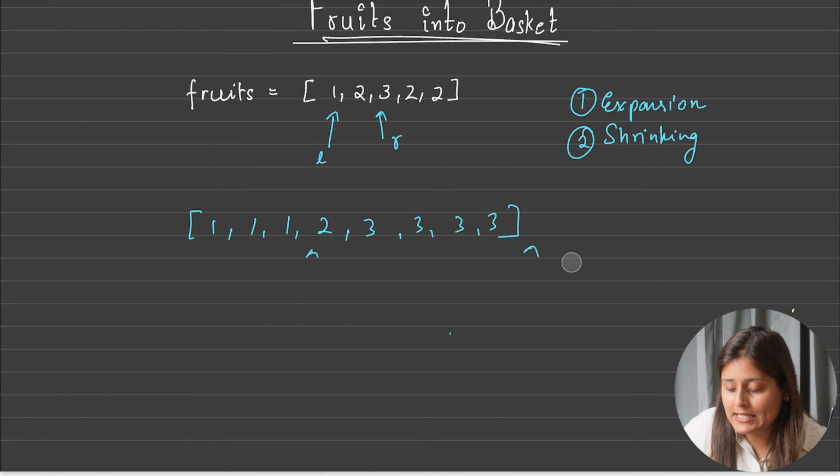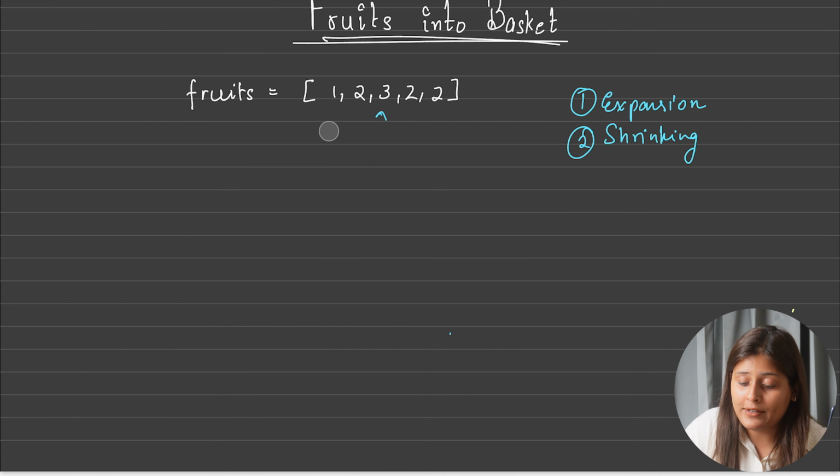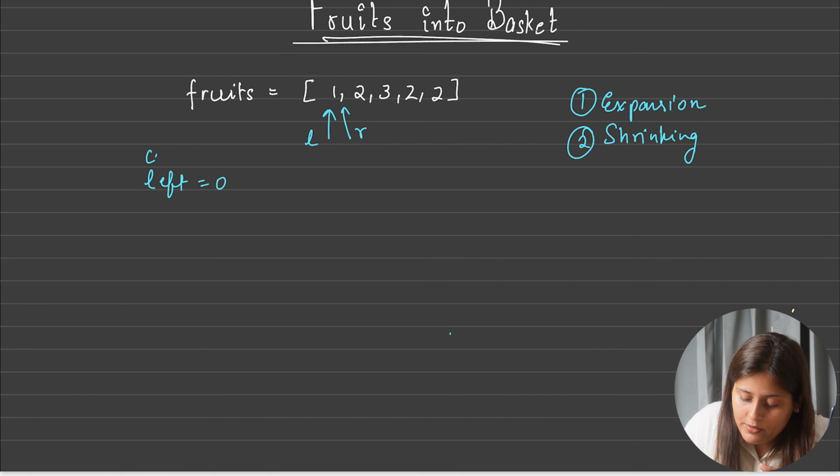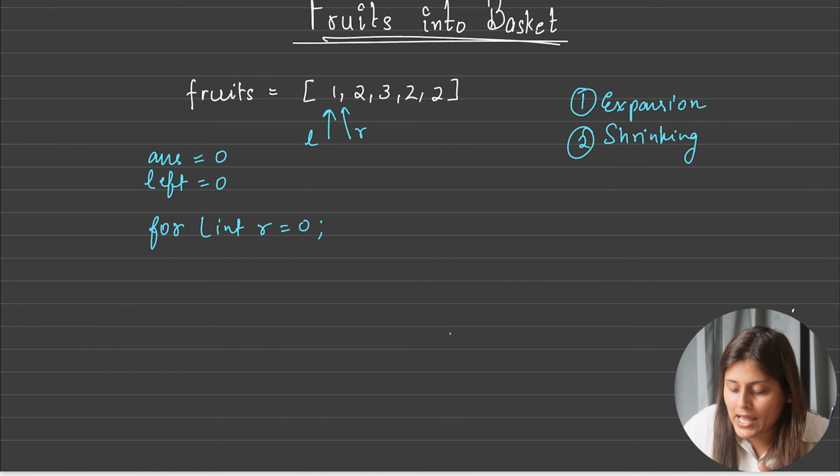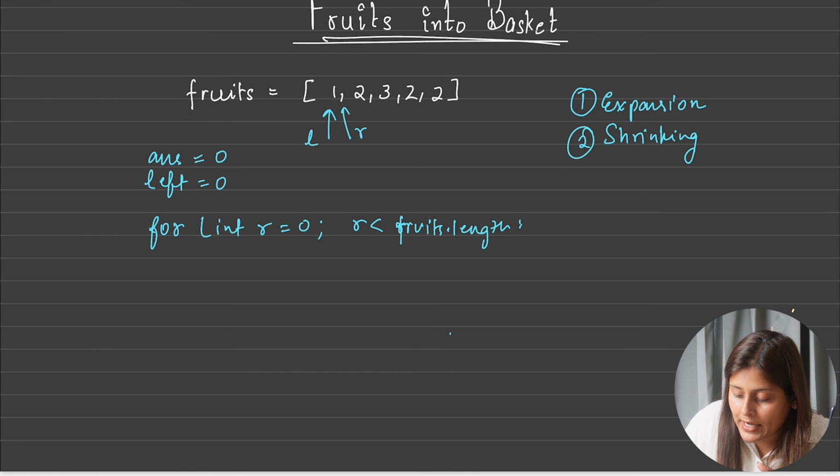With this idea I need 2 different pointers, left pointer and right pointer, because you saw left pointer also started with 0 and right pointer also started with 0, so we have to initialize them. We will initialize our left variable with 0 and a count variable, or you can say our maximum answer variable, correct? Now for the right pointer to move ahead, I will use int right equal to 0 and allow it to go till fruits dot length, and we will do right plus plus.